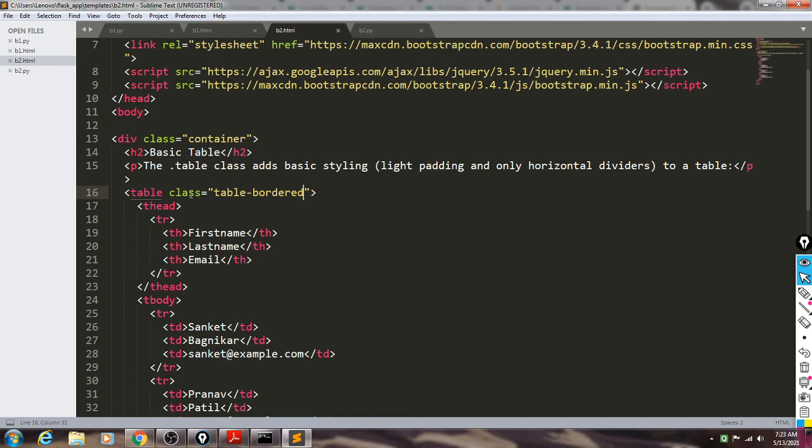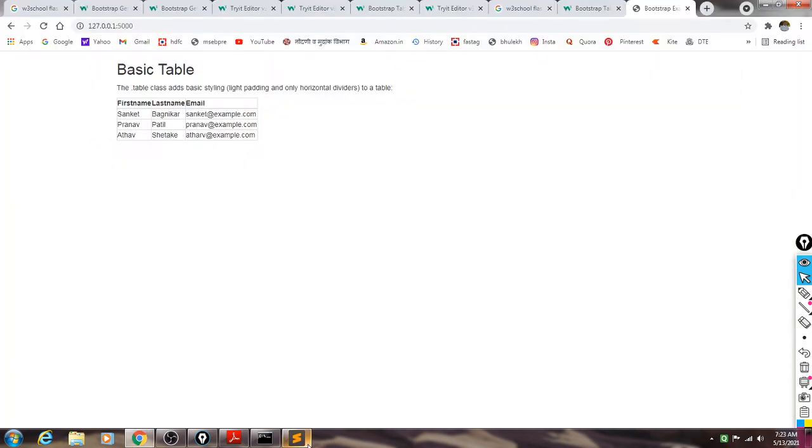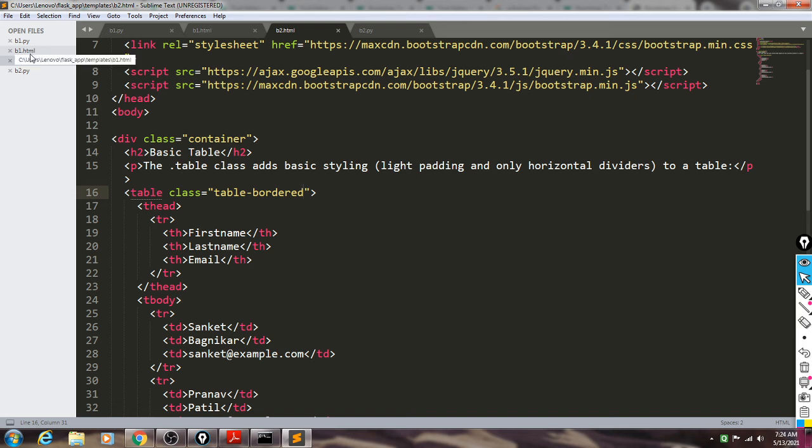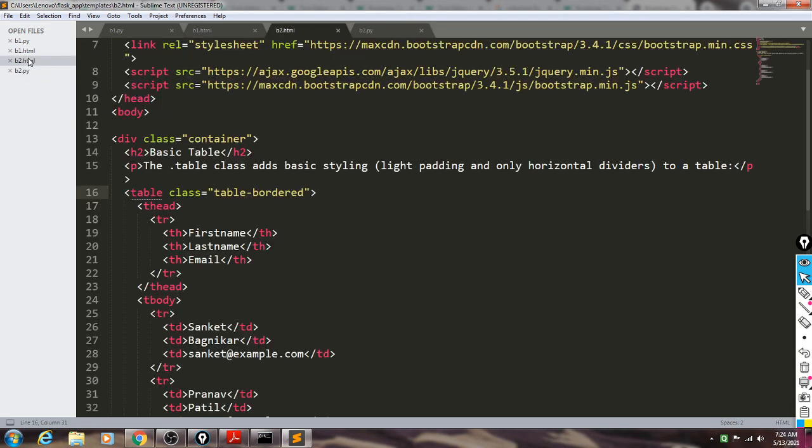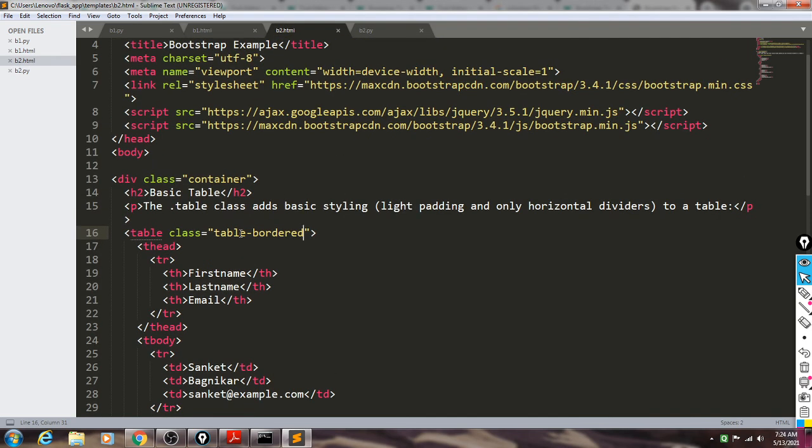So we have seen in the last video how we can declare a class. So we can declare this class on our own, and we can include this class in our HTML script. Okay, and then we can use this one. So these are the examples. With these examples we see how we can create a Flask script, how we can create an HTML script, how we can include Bootstrap CDN in our HTML script. Okay, so this is the method how we can download Bootstrap CDN manually.